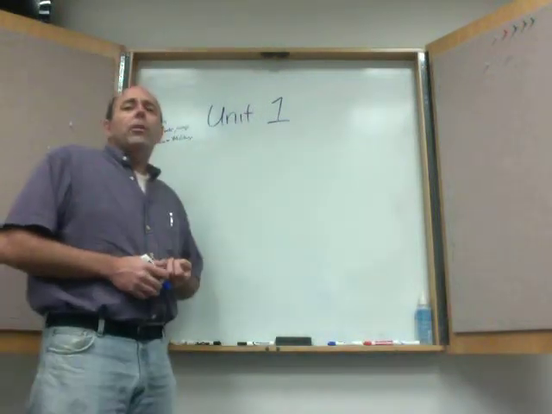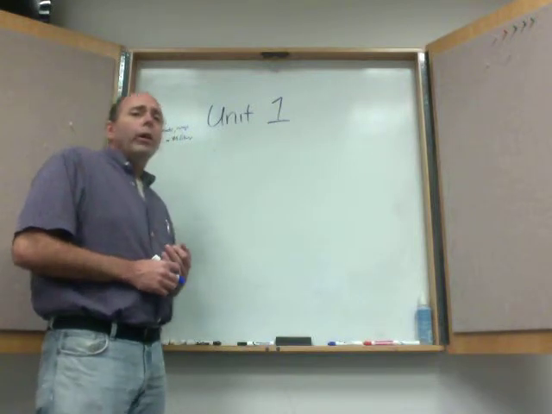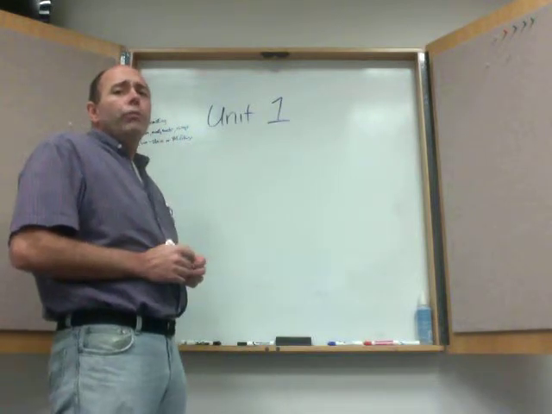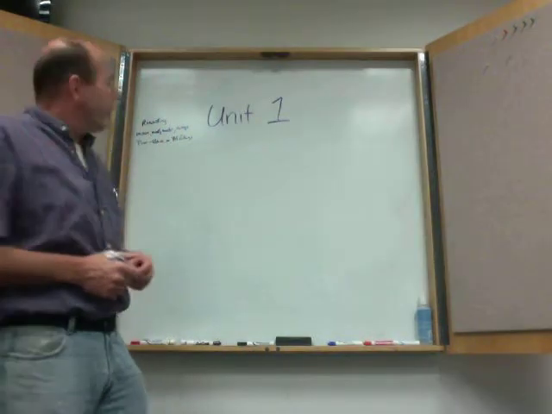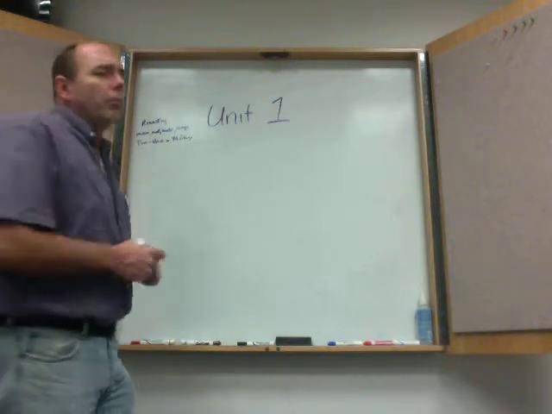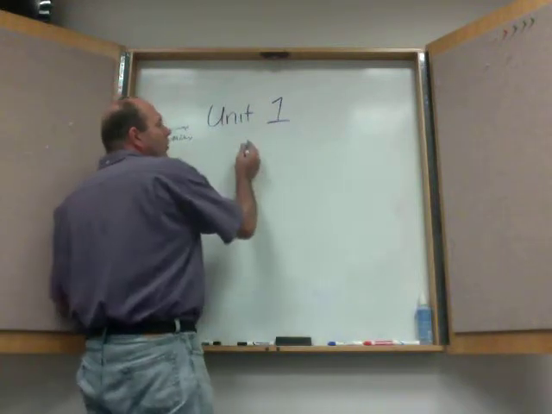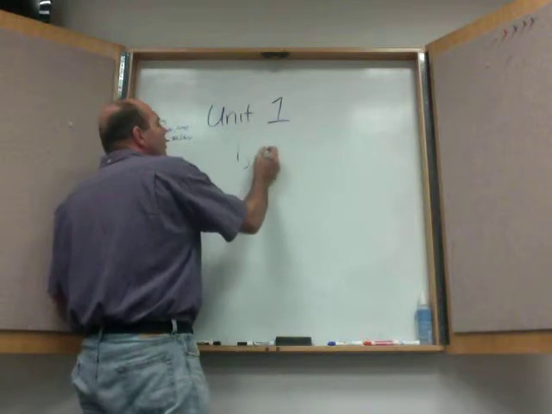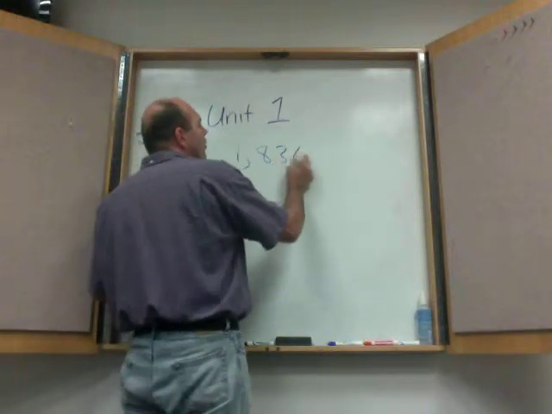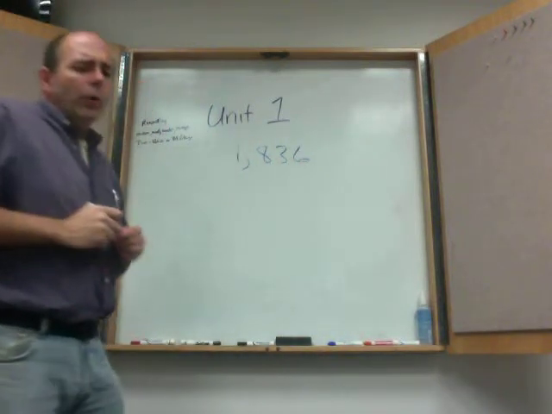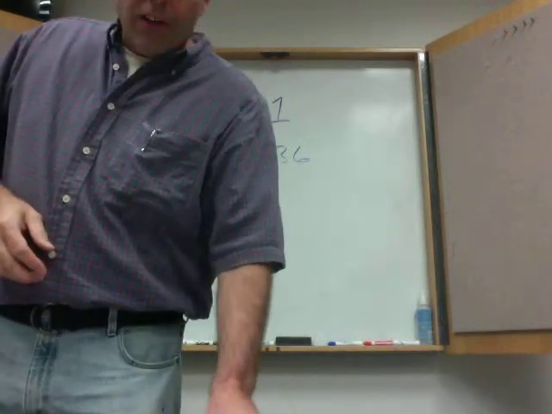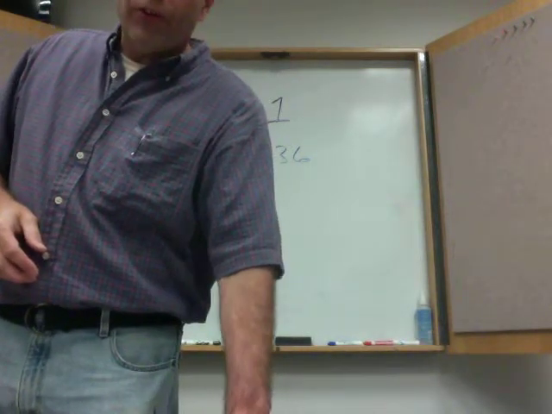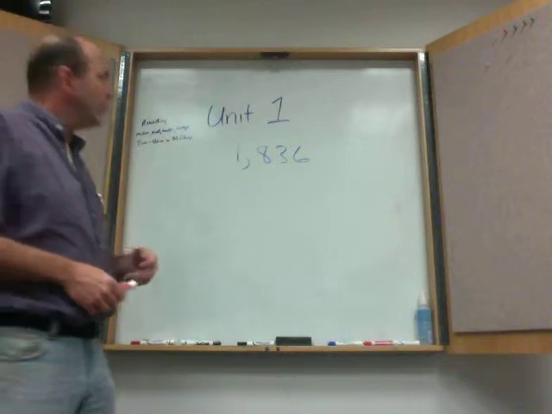Okay, we've got a couple other things to talk about in Unit 1. The next two you've been working with since 3rd or 4th grade. Look at rounding numbers. I can put this number here on the board, 1,836. When I'm rounding numbers, if they ask me to round this to the nearest tens place, I'm going to